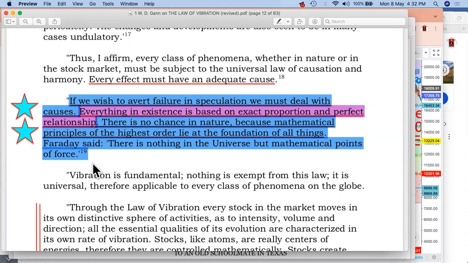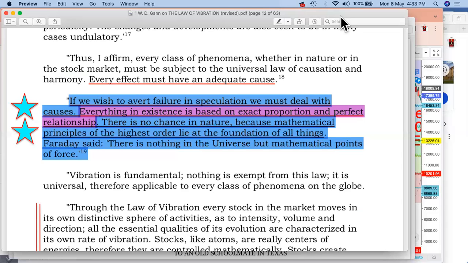Now, if you talk about Tesla, he used to tell everything about that. If you want to study the universe, we should study it in terms of energy, frequency and vibration. So if you wanted to study how the universe works, you need to understand energy, frequency and vibration. So again, we are trying to see frequency and vibrations, and if they do match, what are the changes which may be happening over there simultaneously.